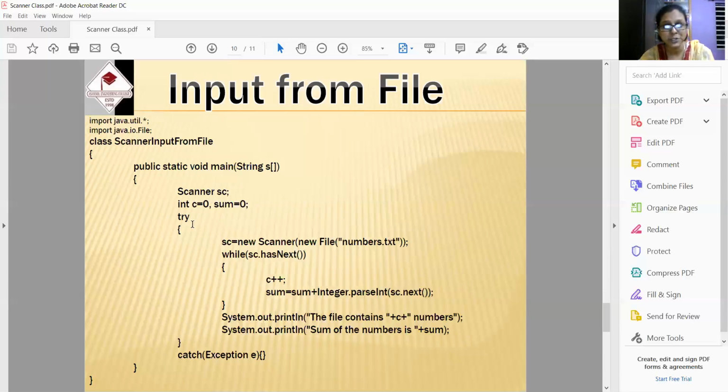Now we have the exception part; I will elaborate later, but I just want to say a few words. Within try, we have written exception-prone code, which means this kind of code may throw an exception. Now sc = new Scanner. sc has already been declared as a reference variable, and now it has been referenced as an object.